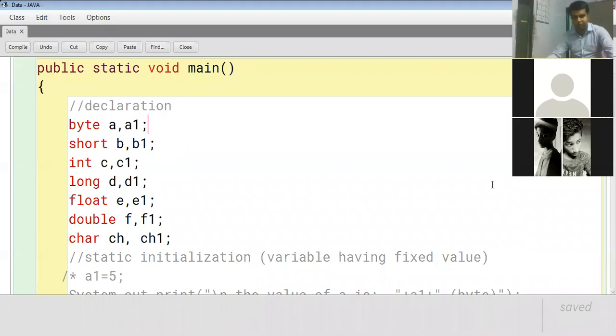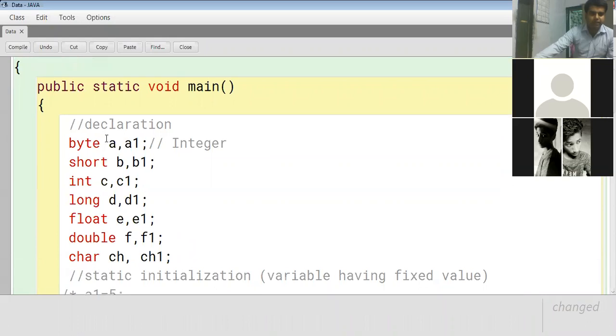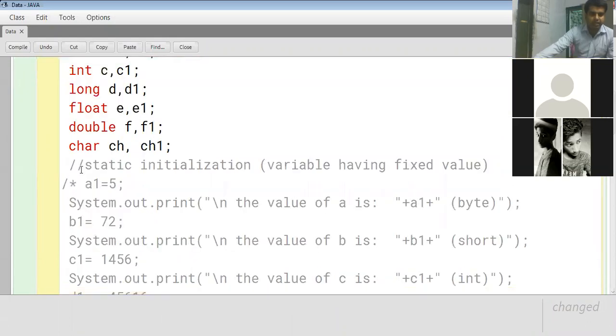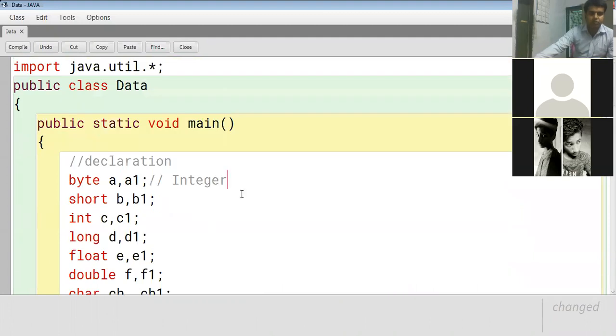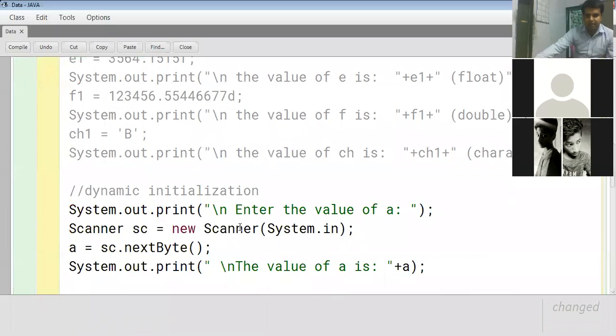Now you have to go into the details of each of these data types. Number one is byte. Byte is a form of integer data type. One more element I would like to add is that everywhere you can see slash star or double slash, these are used. These are termed as comment statements. When you use the double slash, it means it is a single line comment. Here there is a slash star, and at the end there is a star slash.